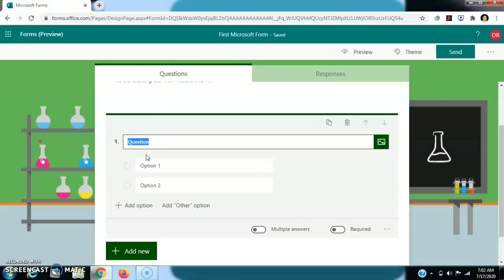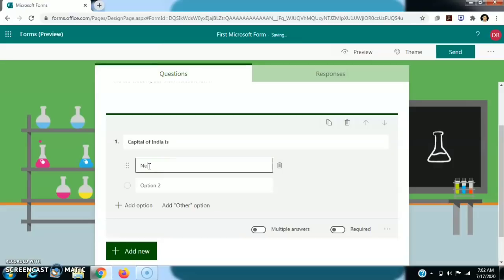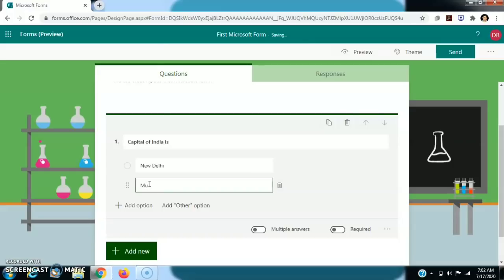We can write any question here, such as capital of India is, option 1 New Delhi, Mumbai. We can add more options.